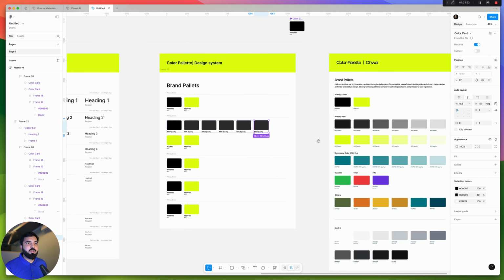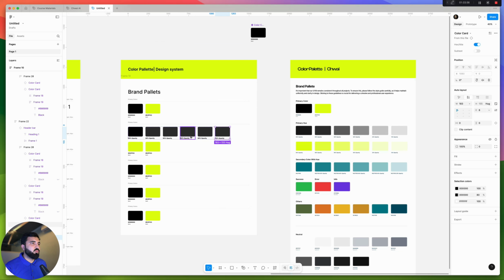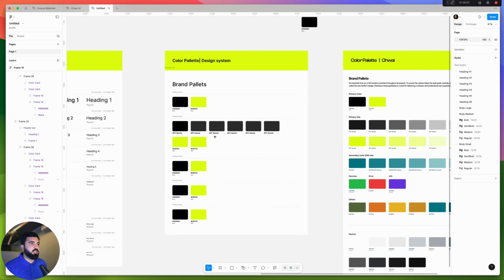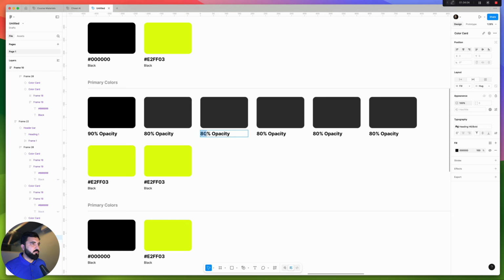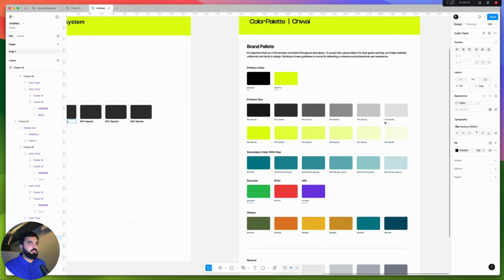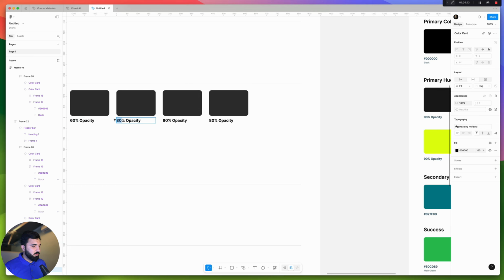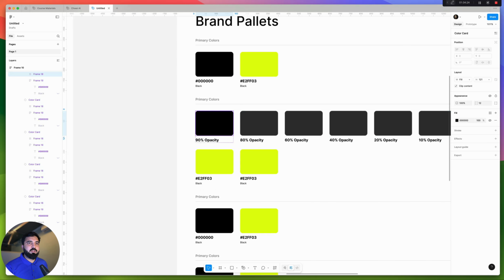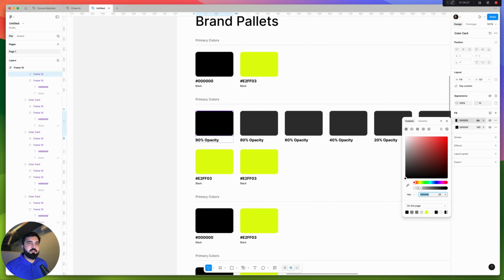So 1, 2, 3, 4, 5, 6. Perfect. This is 6 and we just need 6 of them. Then we have 60, then 40, 20 and lastly we have 10. Perfect. And this one I will give a different color, make it 100% opacity. All right, and then make it down, and this one should be